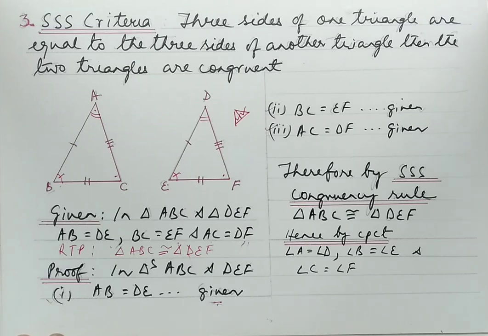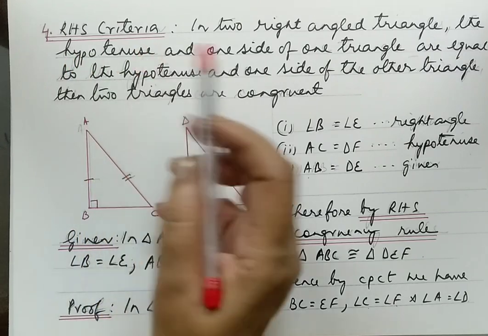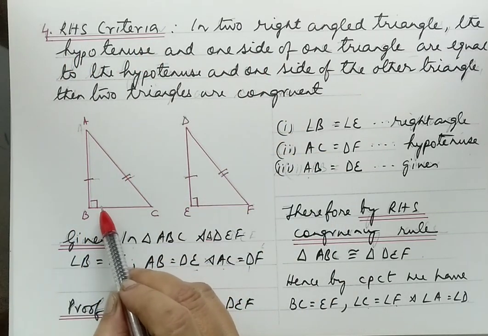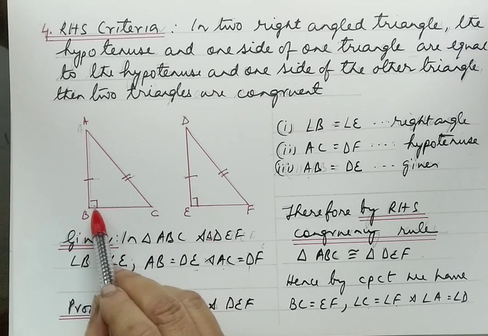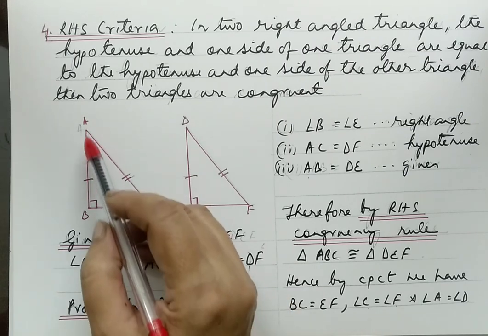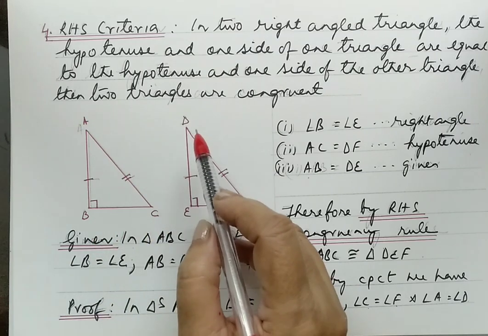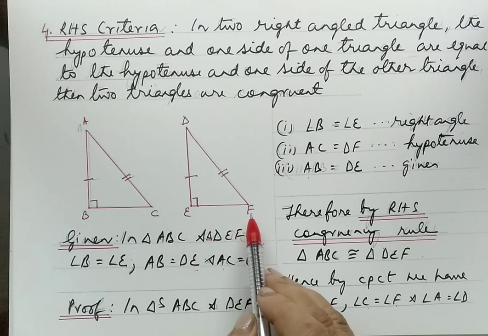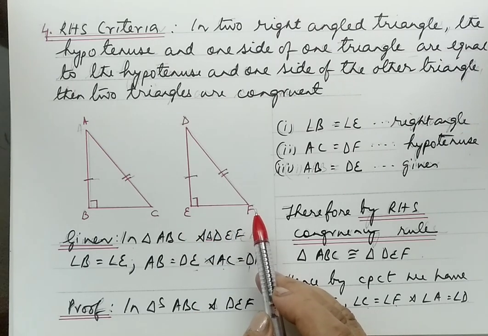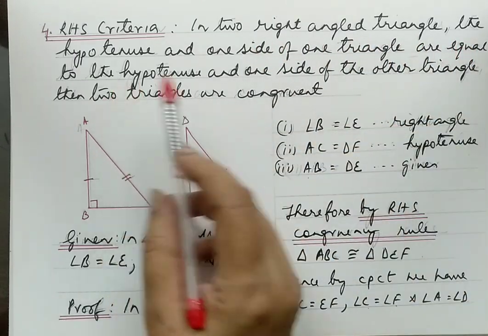the congruencies. Now last we have RHS, which is also very interesting. In the RHS criteria, it is mandatory to have a 90 degrees angle in the two right angle triangles. So for example, ABC is a right angle triangle, and DEF is a right angle triangle. So if we break it up, what they are giving is that in two right angle triangles, the hypotenuse, this